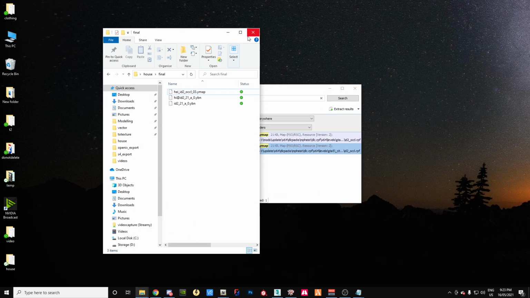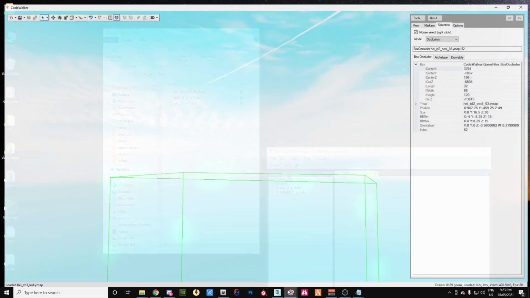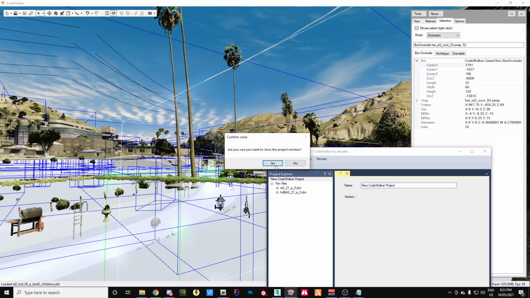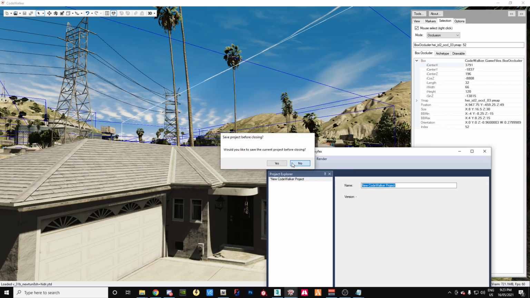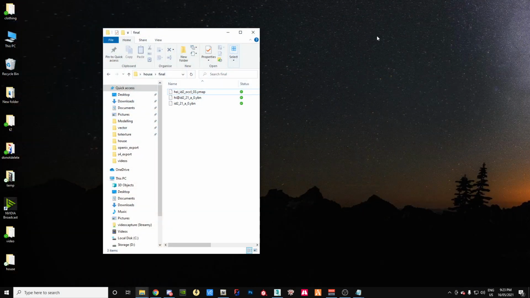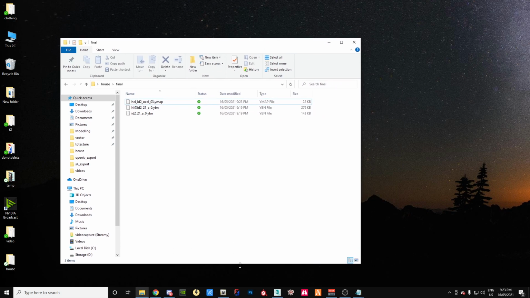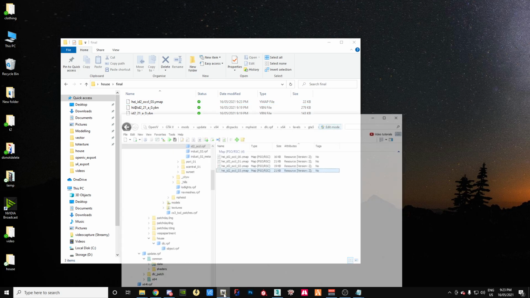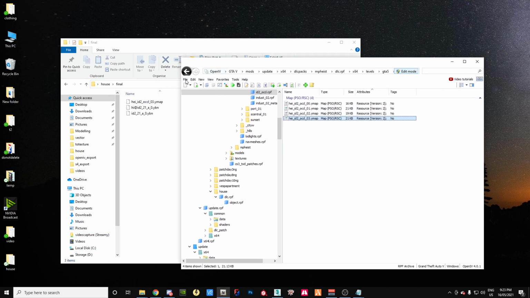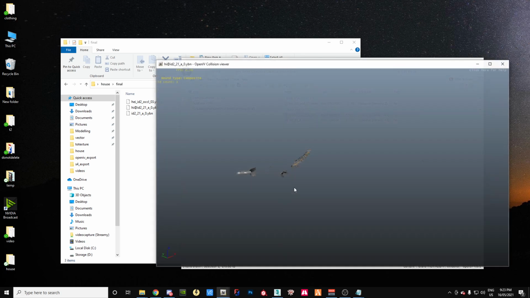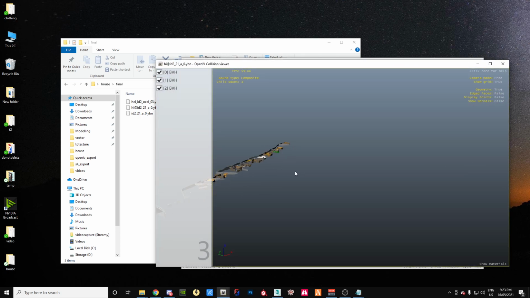So that looks pretty good. We should be fine to close out of this. I don't want to save anything because I've already saved the things I need. And what we might do is just check those collisions that we exported in OpenIV. Let's open a folder, and it's going to be house final. And let's just look at those collisions. If we fly in,